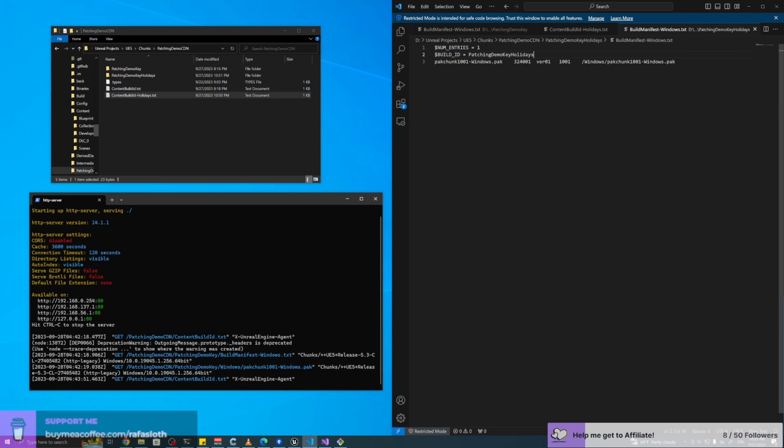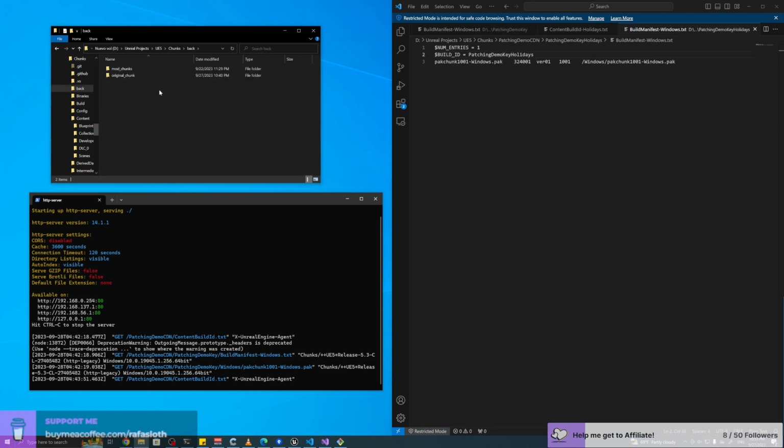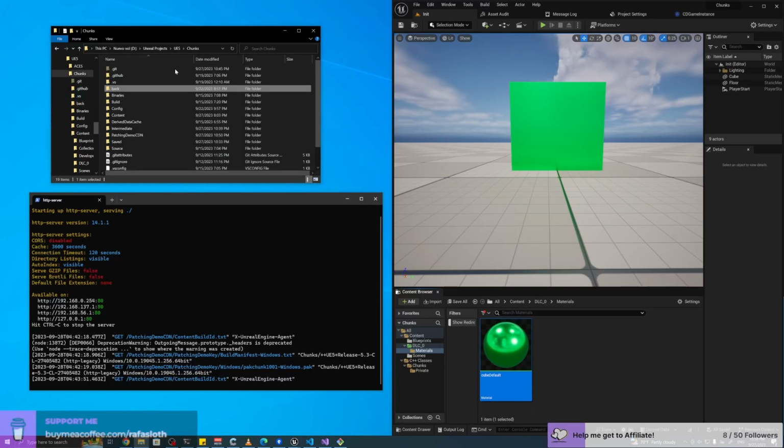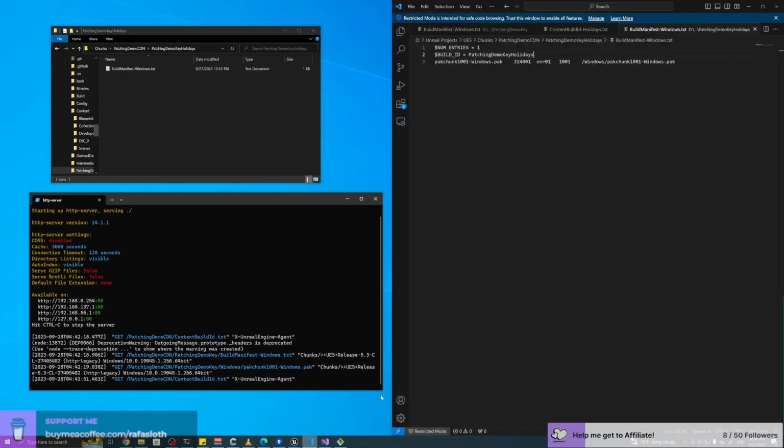And then in theory I can grab from last build this file in my back folder, and now in the web server I created patching demo key holidays, and this file, build manifest